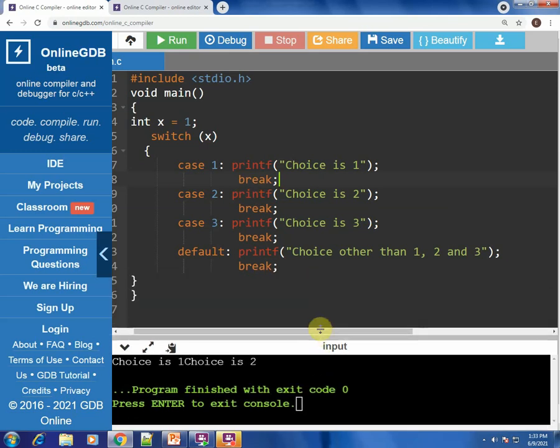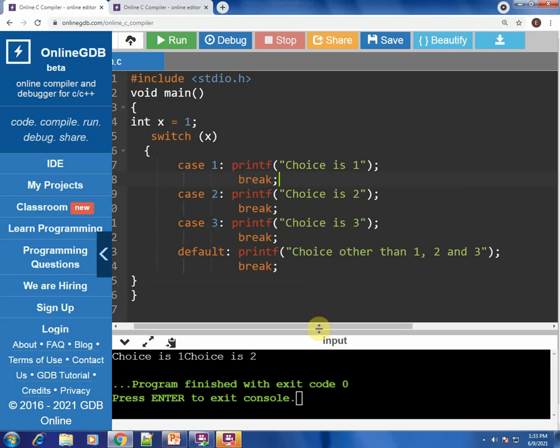Now this kind of switch statement gives you control. Suppose you are giving some options to the user, then you can provide these options, and based on the option chosen you do that particular task only. Something like that gives you the flexibility to make the code easy by using this switch.